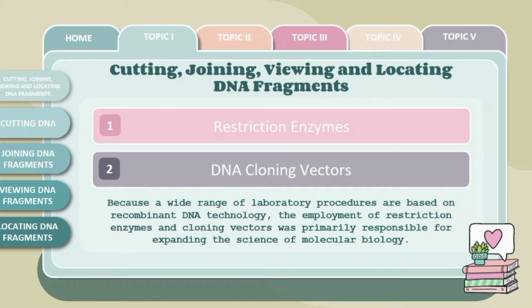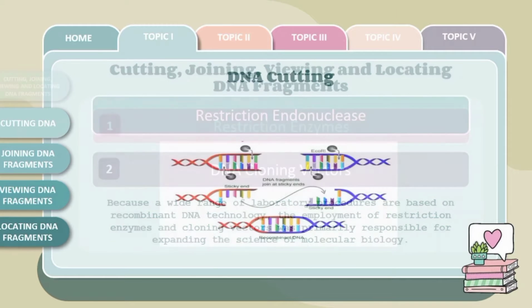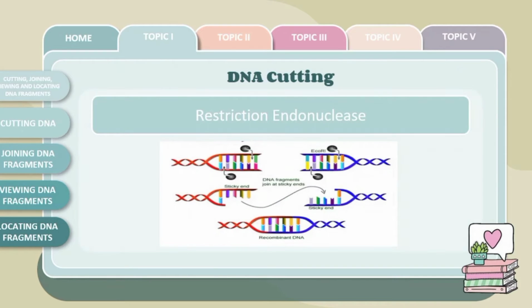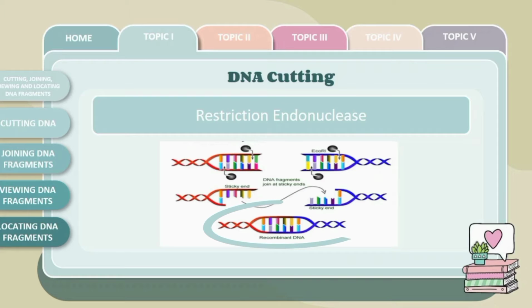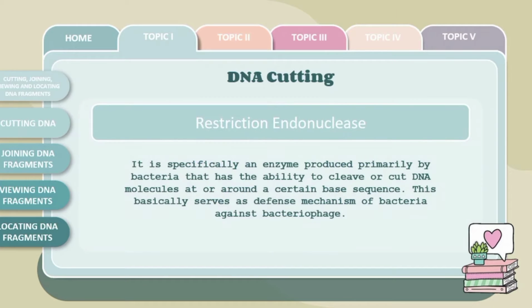Recombinant DNA technology was made possible by the discovery of proteins called restriction enzymes or restriction endonucleases, which cut DNA at specific sequences, producing fragments that can be joined with other DNA fragments to form recombinant DNA molecules. Recombinant DNA molecules are DNA created by joining together pieces of DNA from different sources. With that being said, we will learn more about how DNA fragments are cut, joined together, viewed, and located